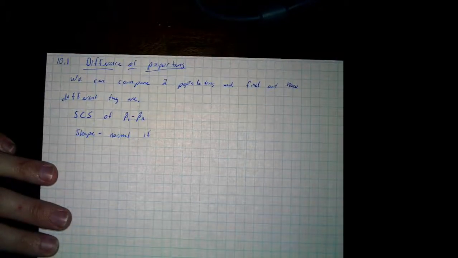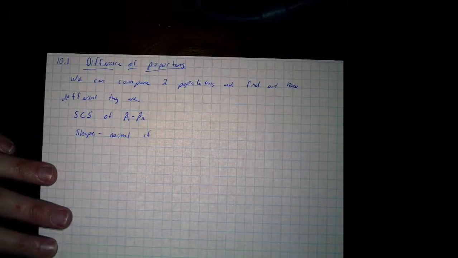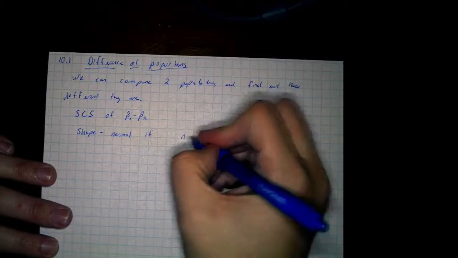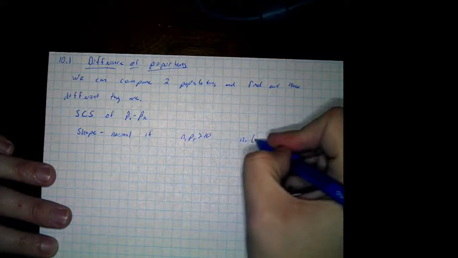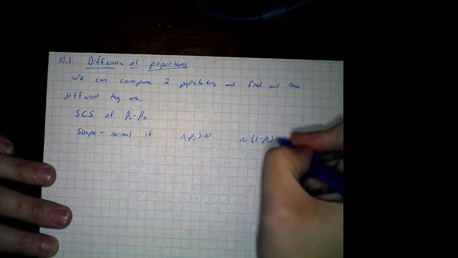If, okay, what was the normal condition previously with proportions, with p? np greater than 10, and n times 1 minus p greater than 10. So you're giving me the formulas for 10 successes, 10 failures, right? Yep, same thing. This time it's going to be n1 p1 greater than 10, n1 times 1 minus p1 greater than 10,